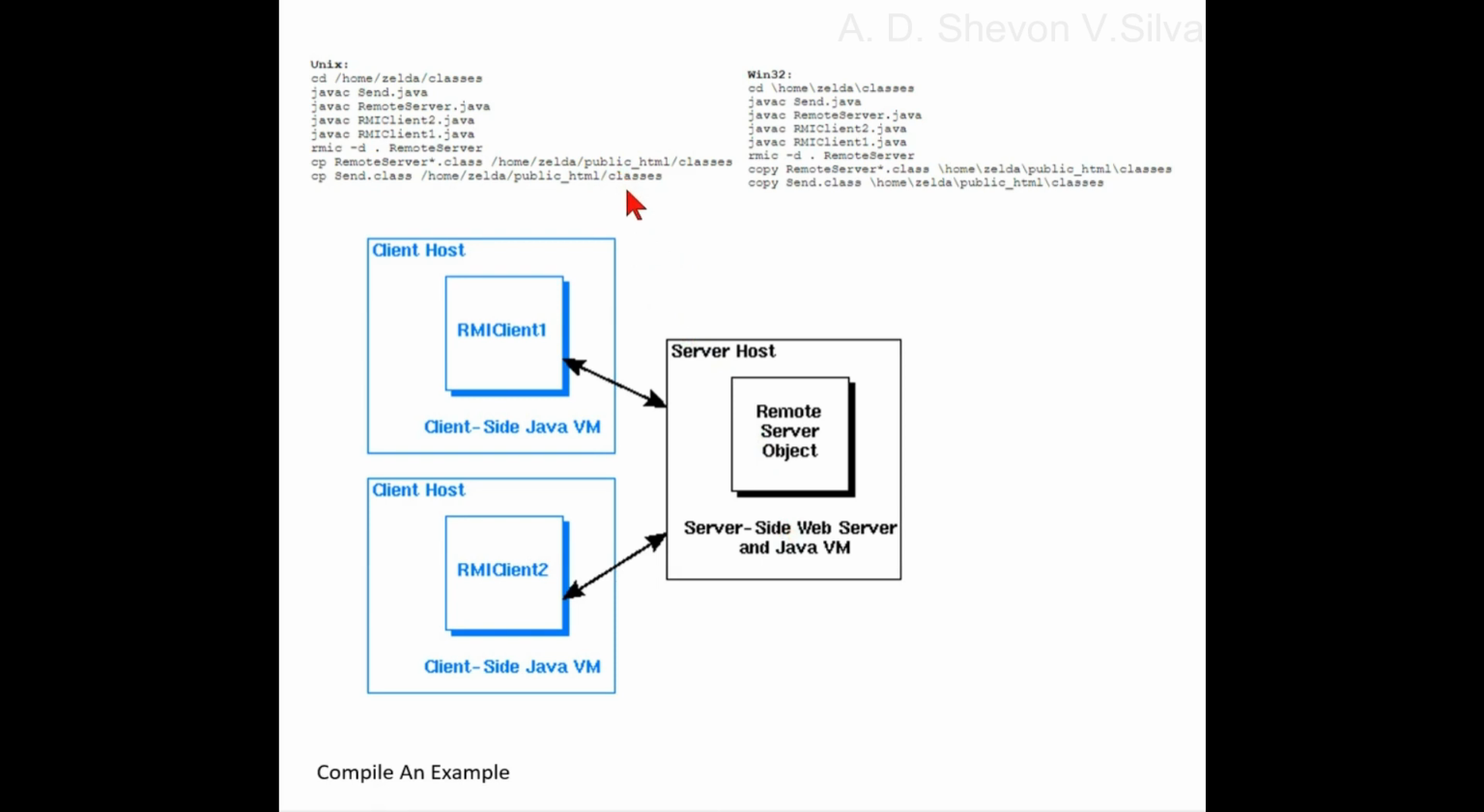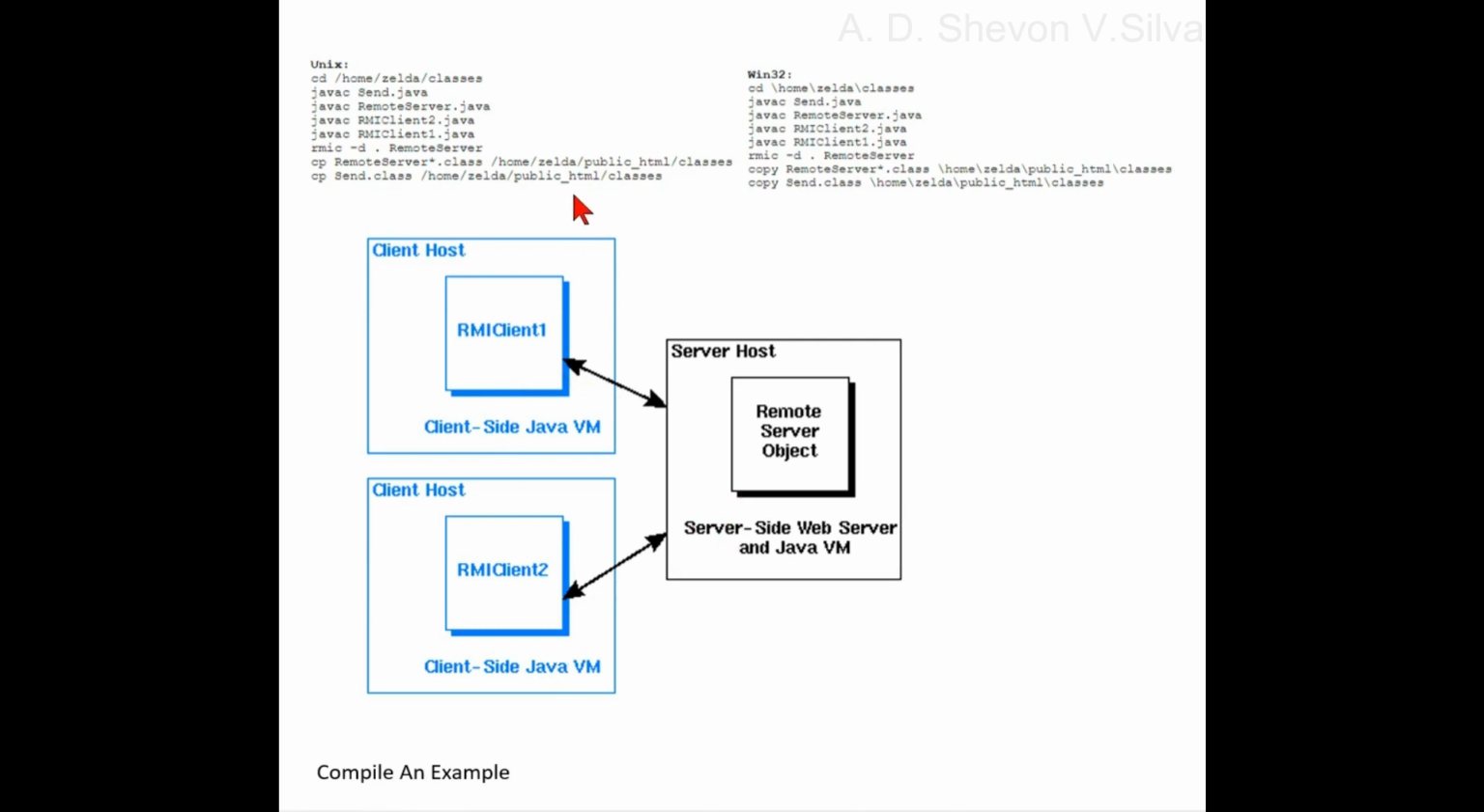The second copy command moves the send class file to the same location for the same reason. The RMI client 1 and RMI client 2 class files are not made publicly accessible. They communicate from their client machines using URLs to access and download the remote object files in the public_html